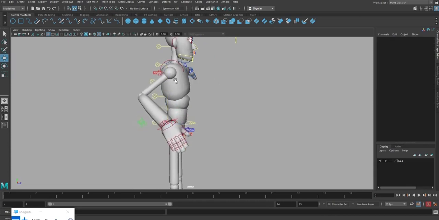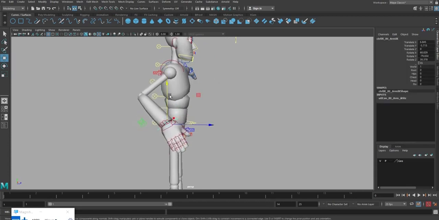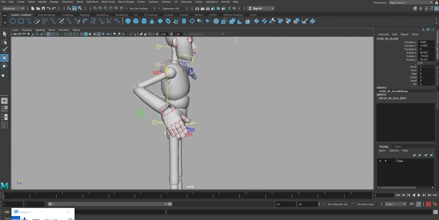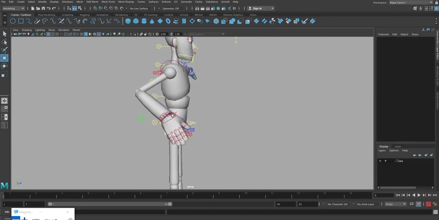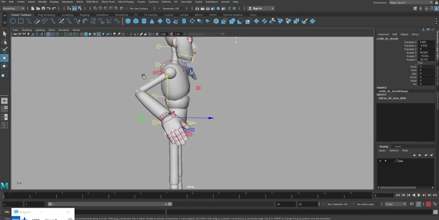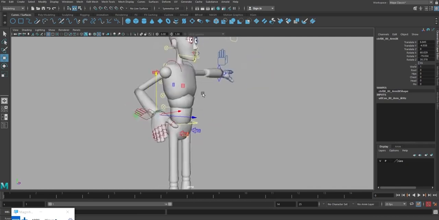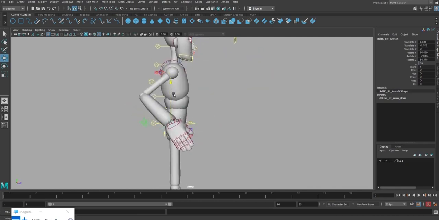Our target is to achieve this kind of action. So shoulder, elbow and wrist: three joints we need to create. Within the three joints, one bone from shoulder to elbow, bone number 1, and elbow to wrist, bone number 2. So three joints with two bones we are going to create, and we are going to achieve this action with IK.